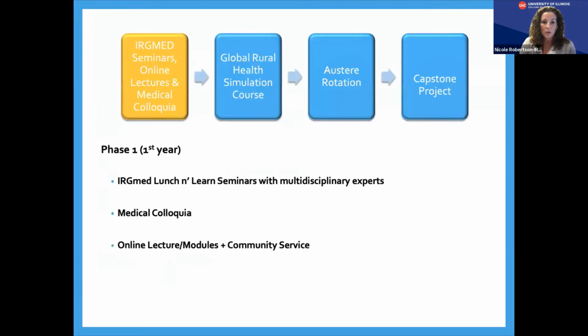So again, just breaking it down, you have some opportunities for seminars with multidisciplinary experts. We bring in engineers, we have data analytics teams that we work with, we have experts in population health, in ventures and partnerships to really talk about that innovation and business development piece. So it's a broad spectrum of experts that we will bring in to share their expertise with you. And then we have med colloquia sessions and then the online lectures and the modules